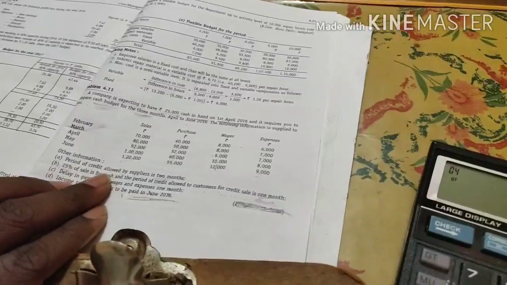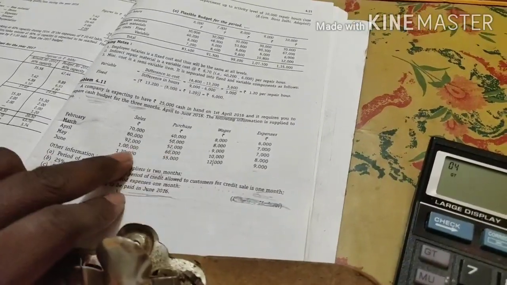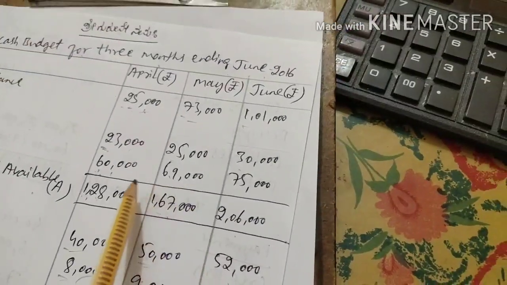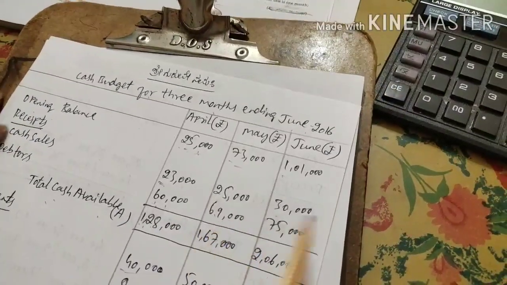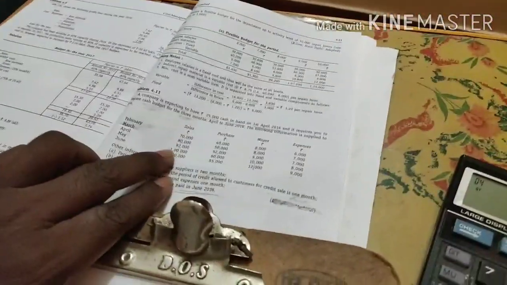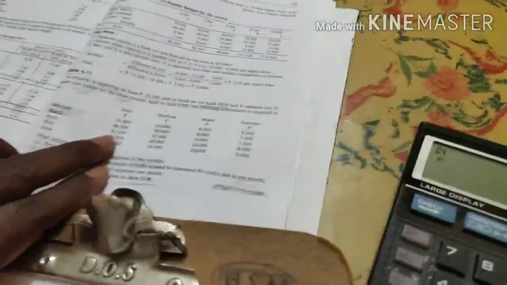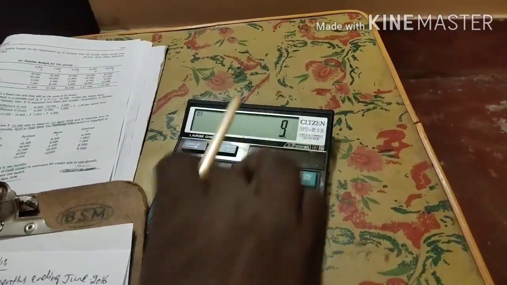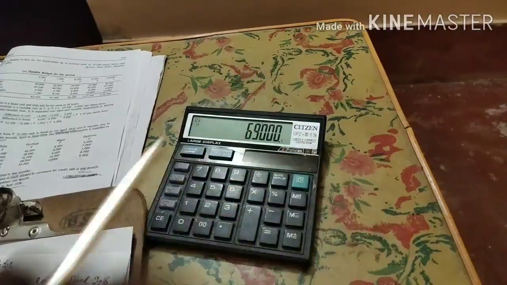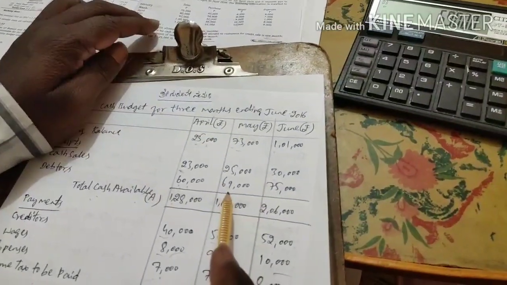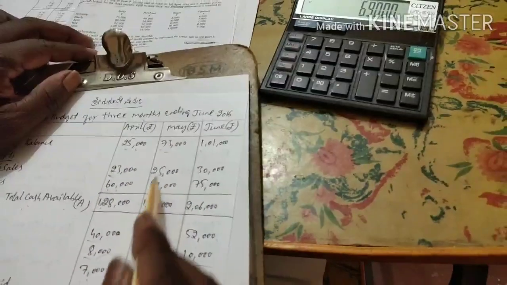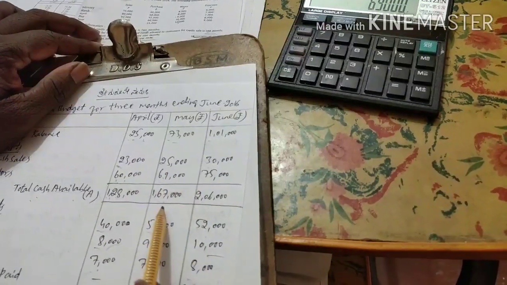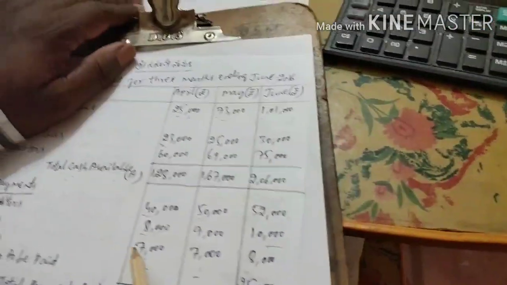So what is the cash sales in the month of May? 1 lakh. As per the adjustment, 25% is cash sales. So 1 lakh into 25% is nothing but 25,000. Next, debtors. The same, 1 month time is given. So in the month of April, how much? 92,000. If I calculate 92,000 into 75%, how much will I get? 69,000 is the amount I have received. So put together, total 73,000 plus 25,000 plus 69,000, how much will I get? 1,67,000.